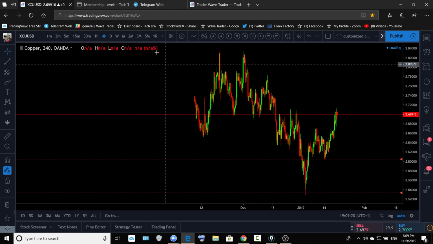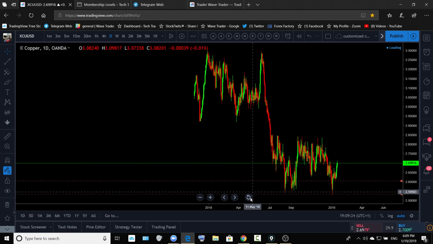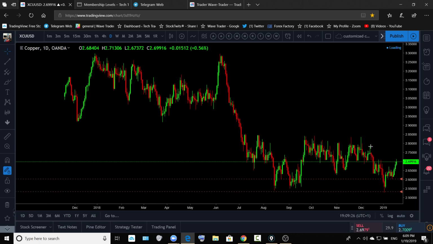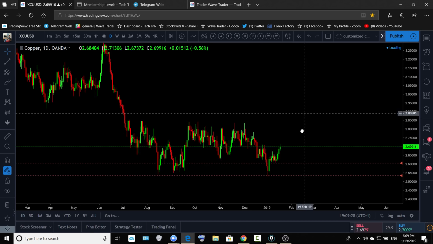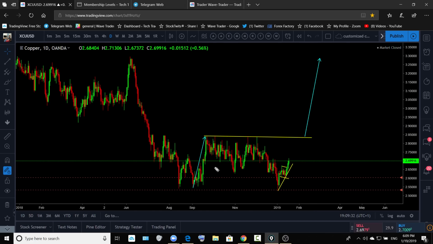All right, so copper is finally just pushing up. So let me show you the bigger chart. As I said before, good opportunity is there on your copper chart as well. This is your ABC move, and this is what you are looking for, this wave. Go back up, hit that top. Yeah, and the short-term trade is this, or medium-term trade is that. And how you can trade on that move?